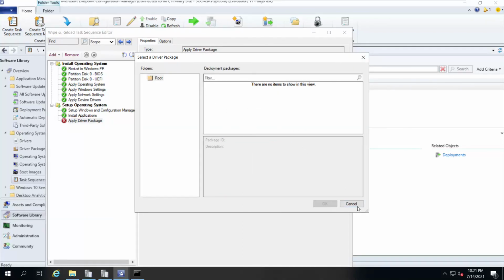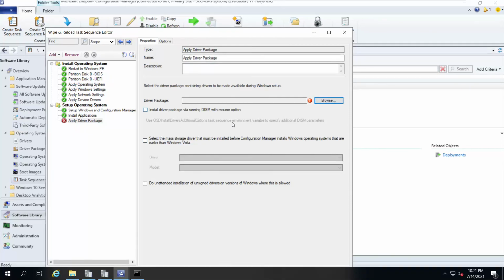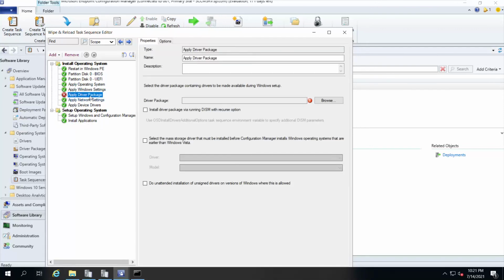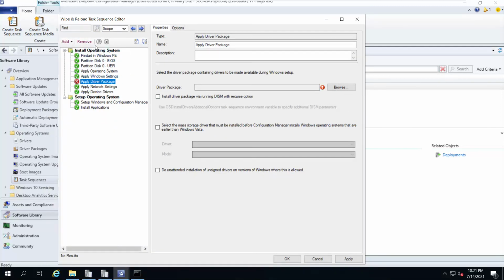At present there is no package related to drivers, so I'm just showing an example. So you can deploy a driver package also. You can put this somewhere here also, before applying the network settings, right? So the step has been moved above, right? So in this manner you can edit your task sequence also.